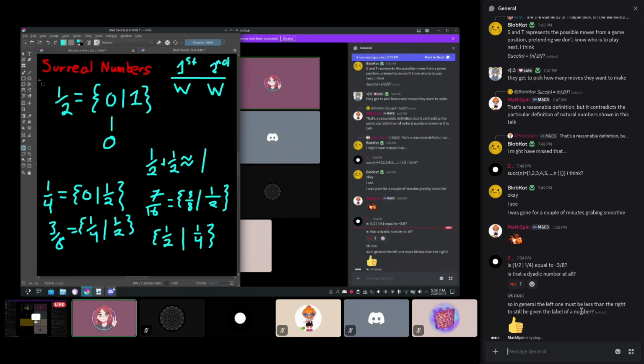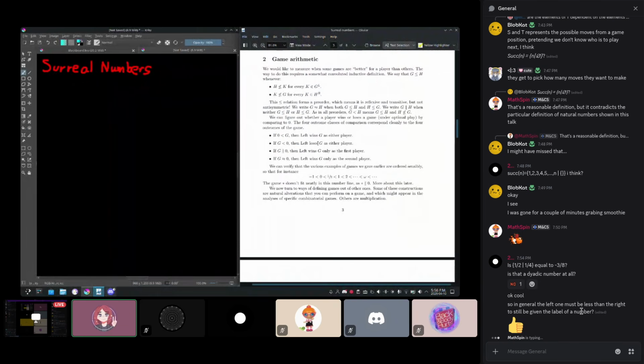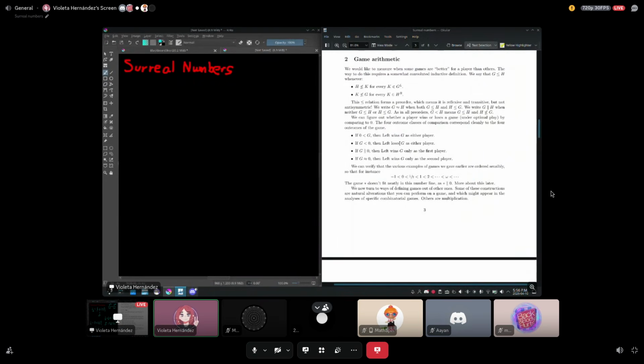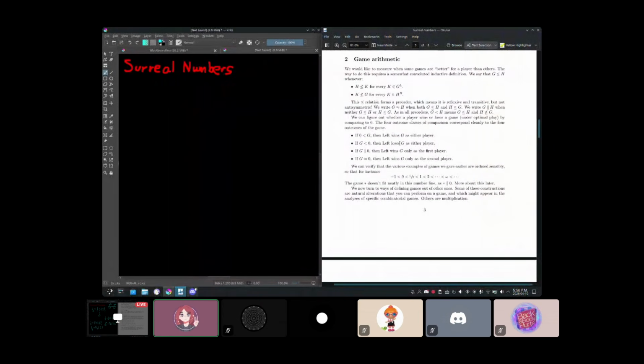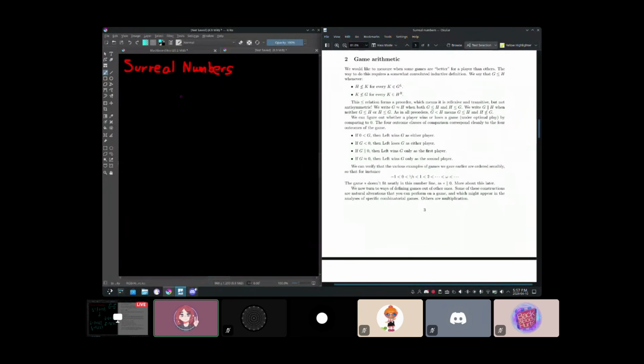The very first thing that we're going to do is define an order relation in games. And this is another one of those definitions where it only makes sense if you have details that I want to give further down in the talk. So you're going to have to trust me a bit on this one. I promise that it will make more sense in, like, 10 minutes. But the idea is that we define what game comparison is inductively.